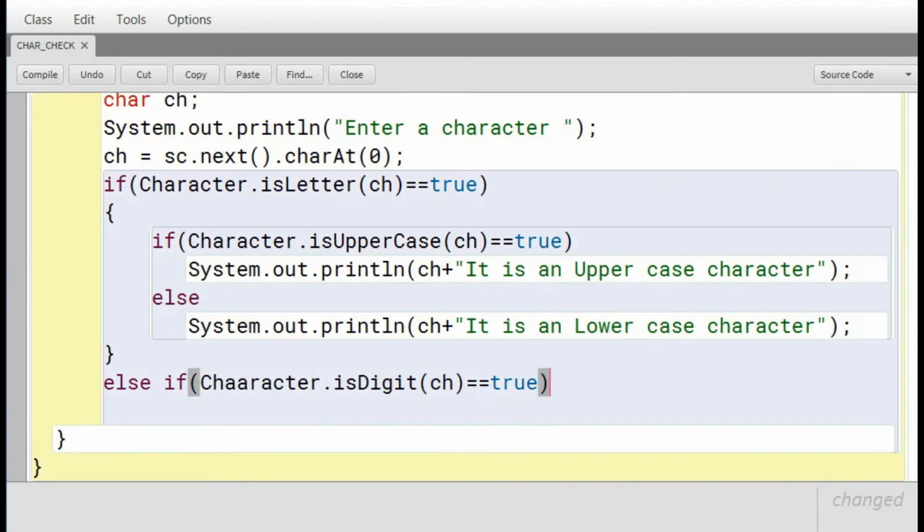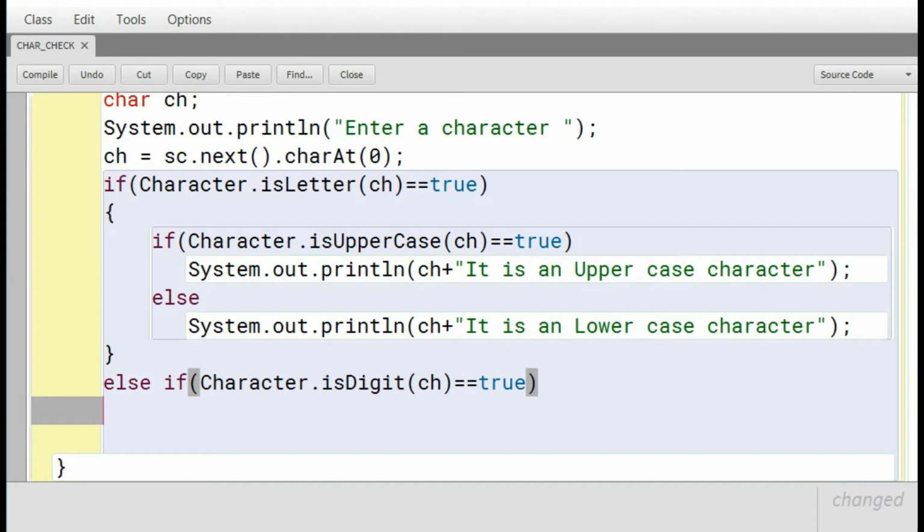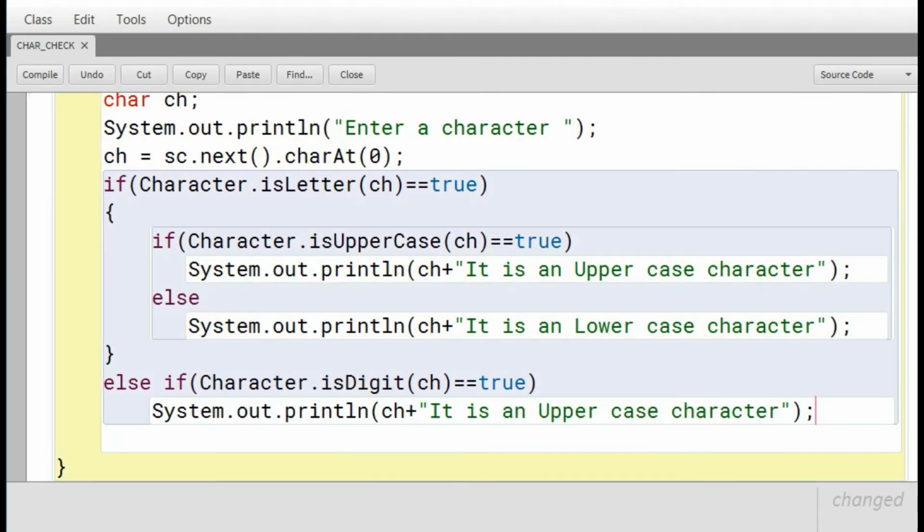So if the character inputted through the keyboard is a digit, then this part will get executed, and obviously it prints the result that the character is a digit.